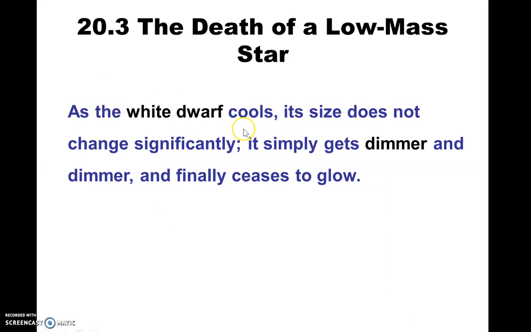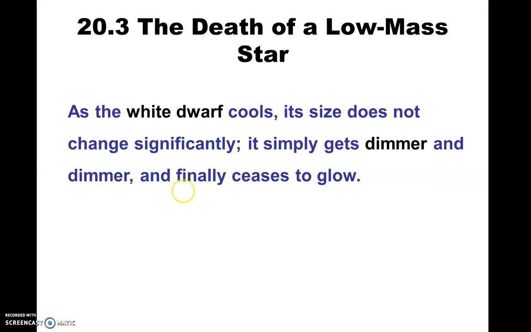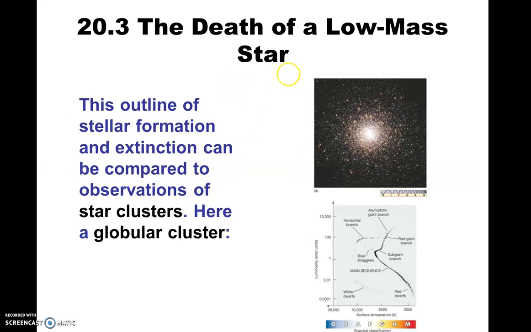All right, so as the white dwarf cools down, the size doesn't change very much, but they do get dimmer and dimmer. And it takes a long time. So we estimate in some cases trillions of years for these white dwarfs to completely become black dwarfs, as they call them. That's more of a theoretical thing. All right. So the outline of stellar formation and extinction can compare to observations. Okay. So this is something that we actually have a lab on,